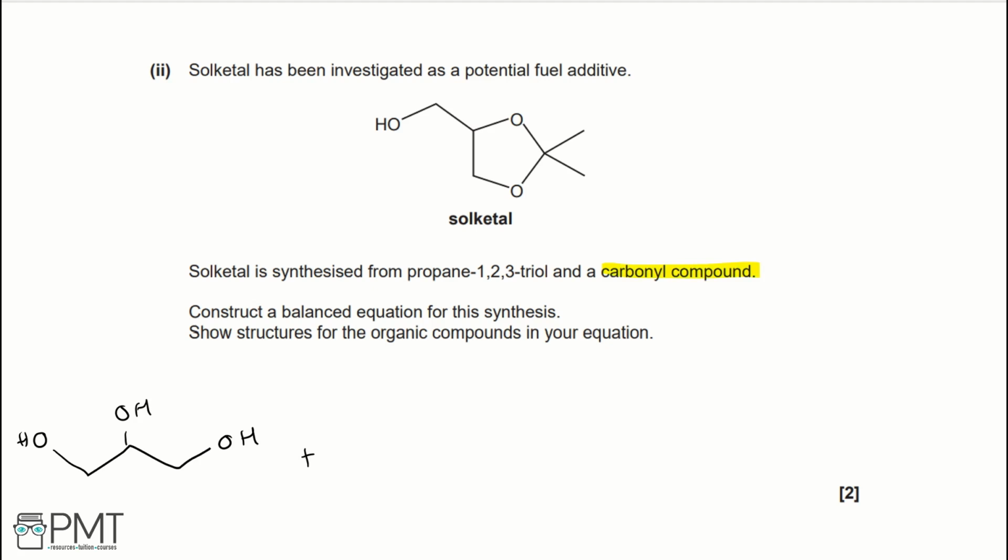So the carbonyl compound that we're using in this question is going to be a ketone, and it's going to be propanone. And then we're going to form our sulcitol, so we can draw this out again, just copying what's given in the question. And this is what's called a condensation reaction, so we also produce water as a byproduct